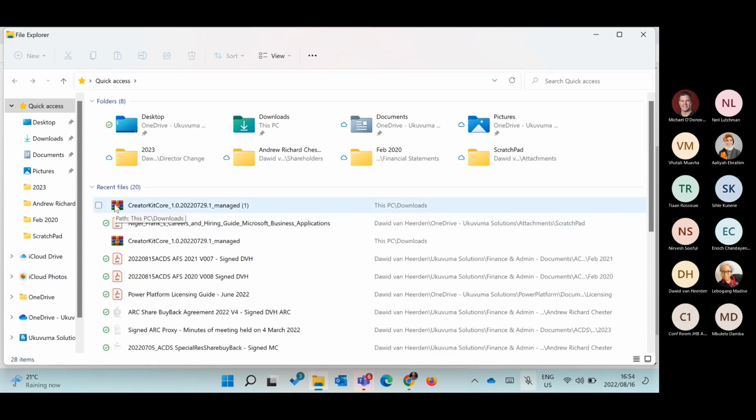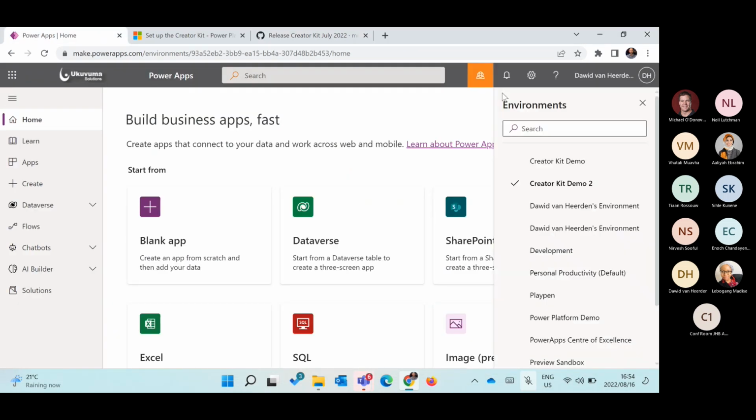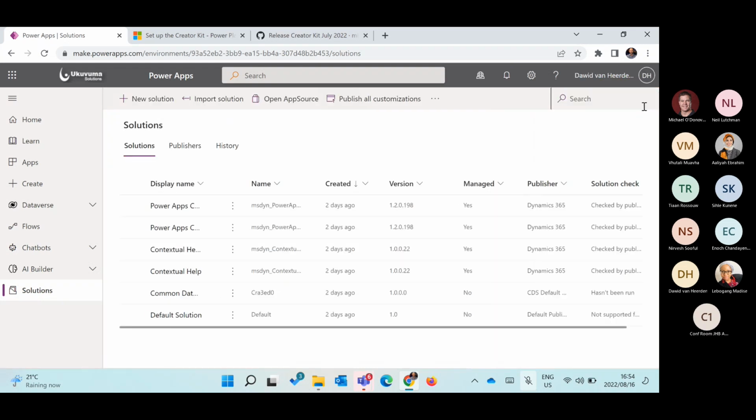All right, excellent. So there's the Creator Kit. And to now install it, you'll simply go into your environment. I've created a Creator Kit Demo 2 environment just to show you how to import it. Go to Solutions on the left-hand side. Sorry, before you import it, it's very important that you enable code components as a feature set in the environment. Otherwise, it's not going to work. So